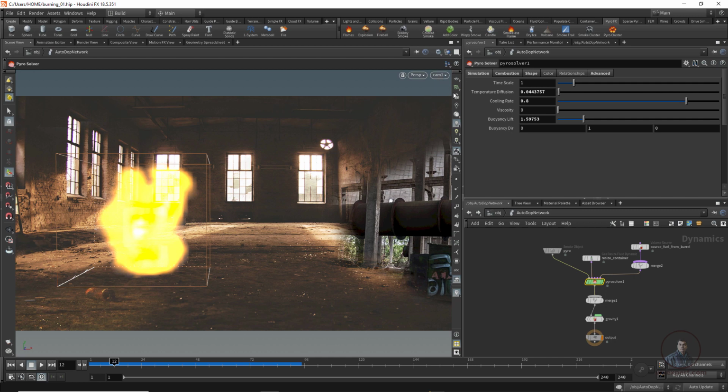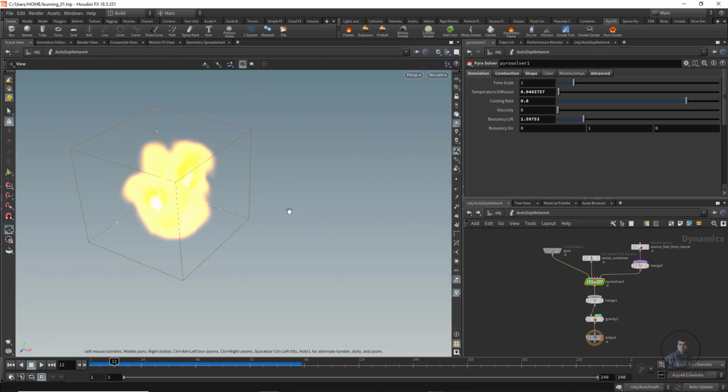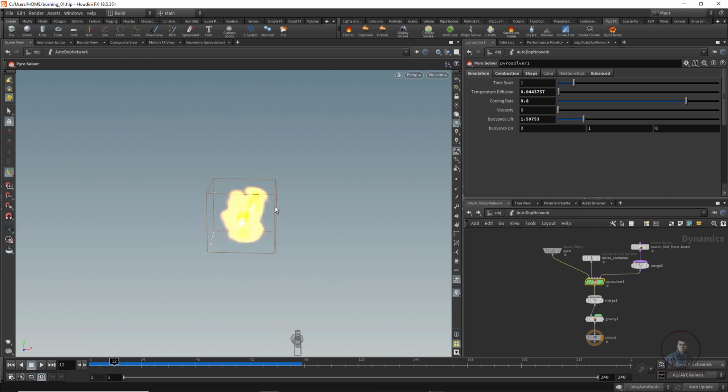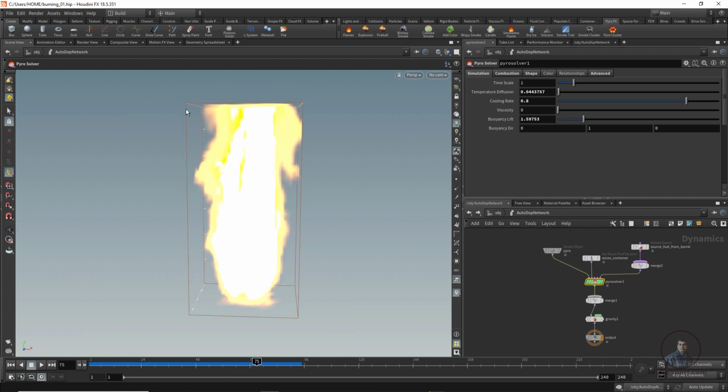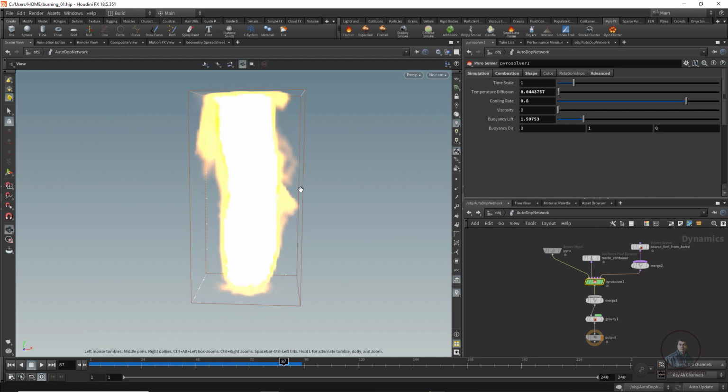Just unlock our camera a little bit here. Now come into our perspective view. Alt and just check it here. Now you can see in perspective view. First we have to adjust this box, because if smoke is going from here to here, we need more space. Remember this one, whatever effects it generates will be only in this box. You can see after this it's not going, so we have to adjust this box.